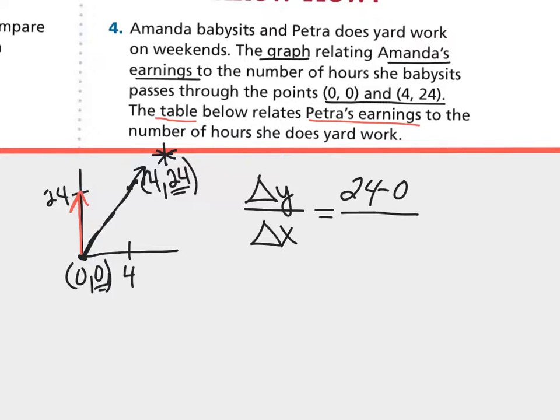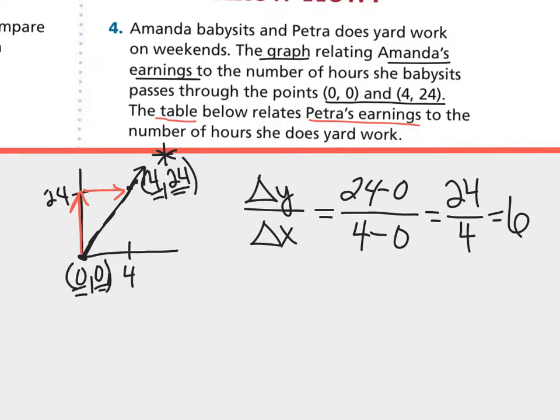And then the change in x, we're looking at how far we're going over, and that would be 4. We're going from 0 to 4, and that would be 4 minus 0. Again, keeping the same order on the x's that we did on our y's when we subtract those. So that would be 24 divided by 4